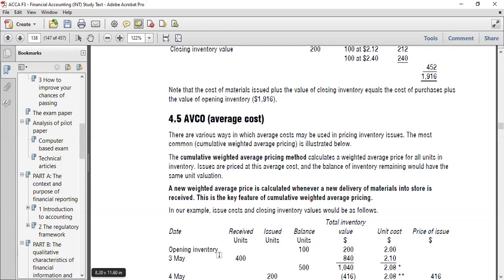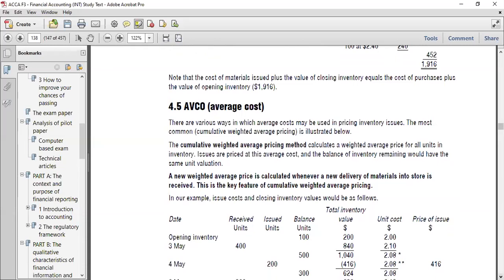Now, on 3rd May, we received inventory coming to the premises, and this inventory was valued at 2.1. So 2.1 times 400 gives us the 840. The unit prices are right here. So the principle here is,